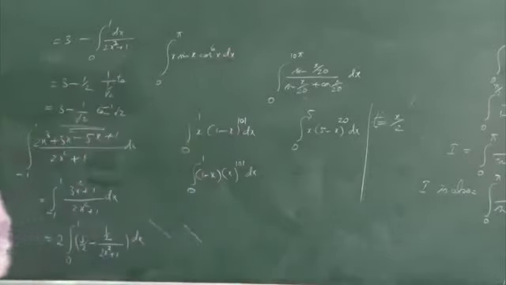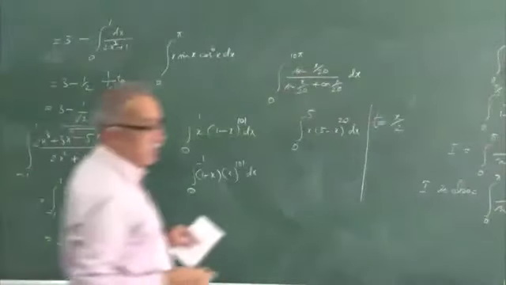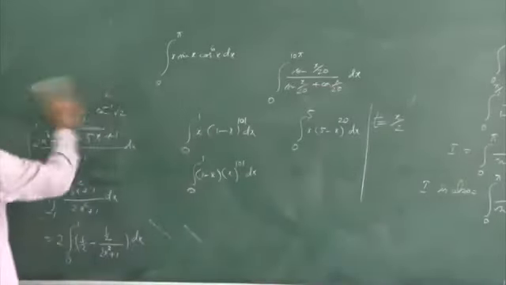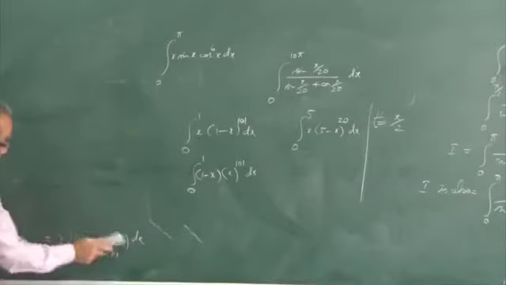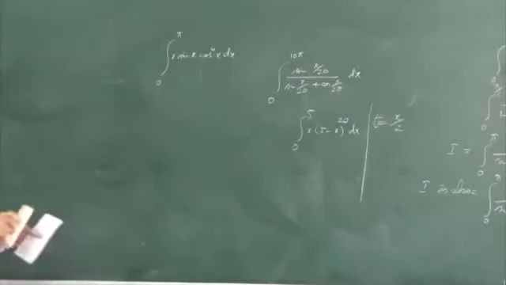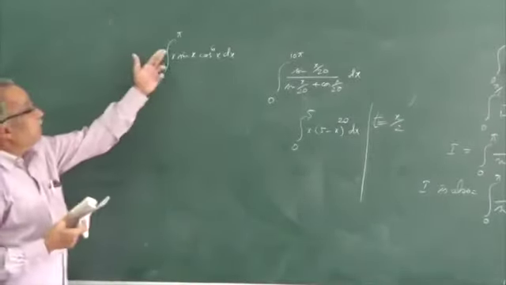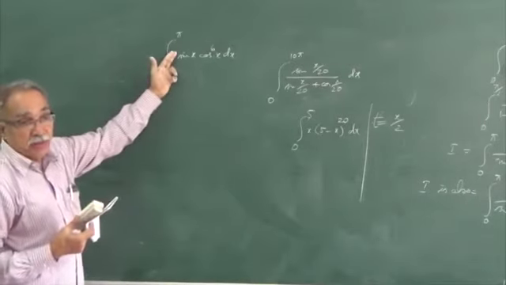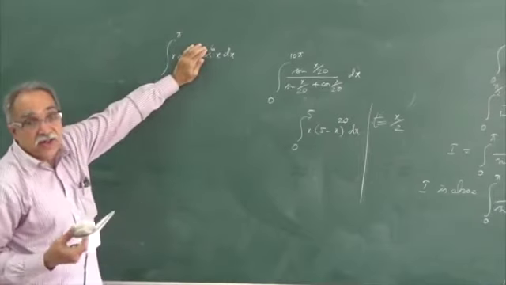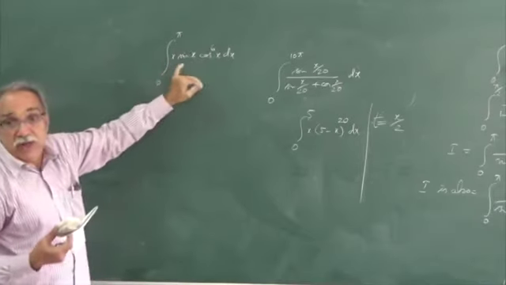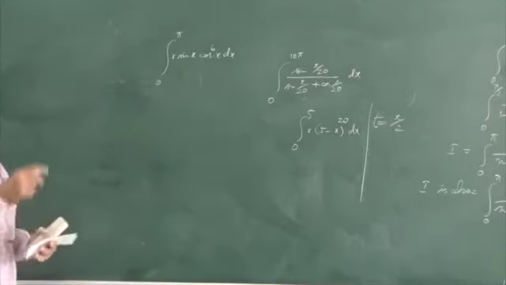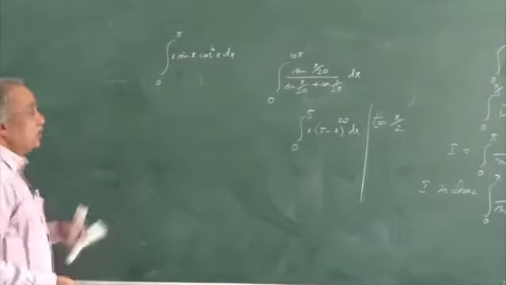One more situation where you have to depend on the property that we were discussing. As it is, it looks like a very difficult integration problem. The reason, the integrand is a mixture of algebraic and trigonometric. If this x were not there, integration would have been a very simple problem. If this sin x cos power 6 x part is not there, integration is very simple. Now you have a mixture, algebraic as well as trigonometric. Integration will not be an easy process. But if you apply the property, what happens is,